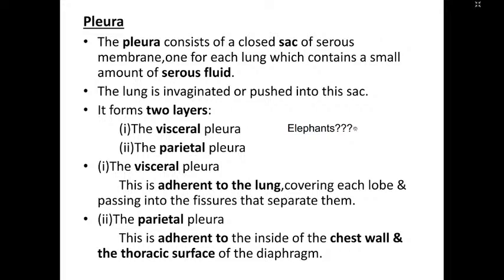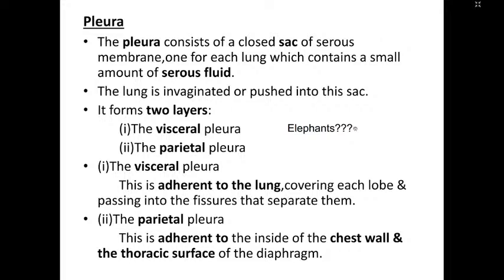So you remember, imagine you are wearing a glove on your hand, and you imagine your hand is the lung and your glove is the visceral pleura. Imagine you are pulling the glove, there is a negative pressure building up between the glove and your hand, which you are now imagining as the lung. So if you are pulling the visceral pleura, what will happen? Your hand will be pulled towards the direction of the pull. Same thing happens with the lung.